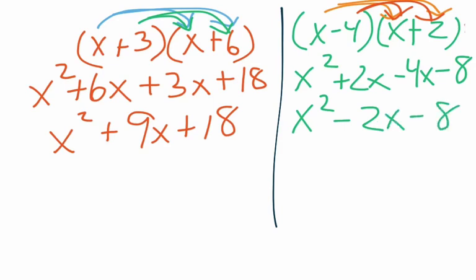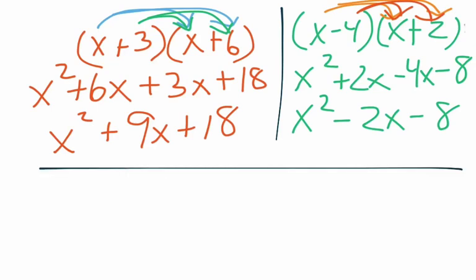Now, I do this to just point out a pattern, okay? If you look at the original problem and then you look at the result of the multiplication, there are a couple of things that you might notice. One of those things is that the middle number, you can get the middle number by adding the constants. So I'll put that here. You get the middle number